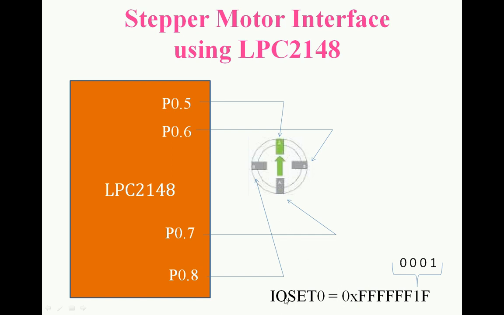Now observe here, IO set 0: the 0 indicates port 0, right? So in the IO set register for port 0, what we are storing here, 0x indicates hexadecimal. Here there are a total of 8 hexadecimal digits. To represent one F, we require 4 ones. All ones in binary indicate F in hexadecimal, so each F represents 4 bits. That's why it is 32 ones. Here a total of 32 bits are stored in the IO set register, right?